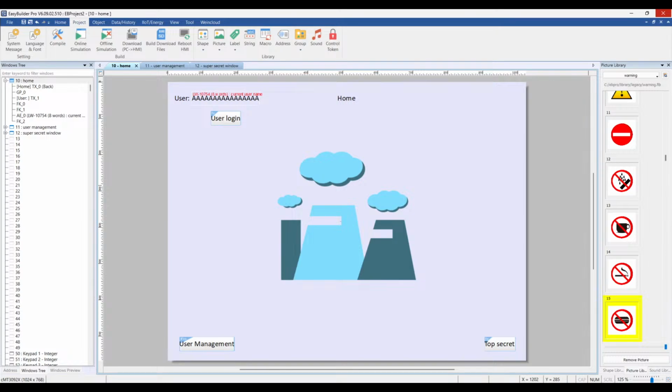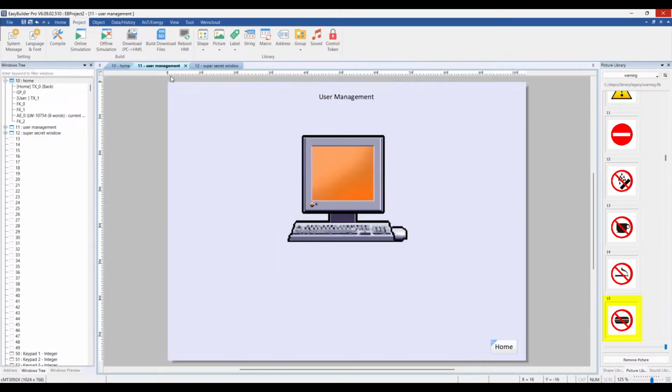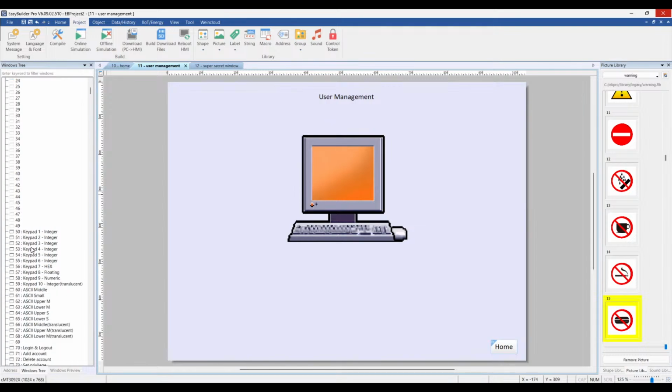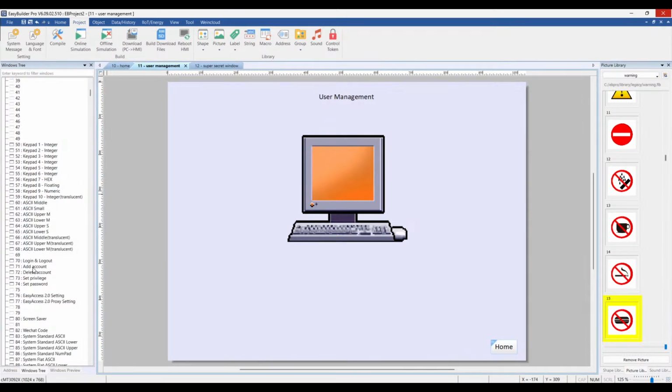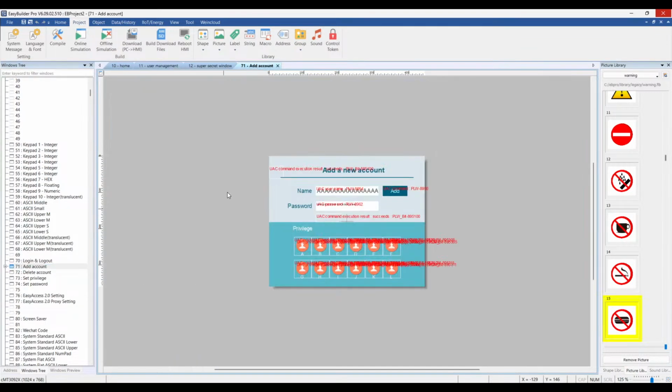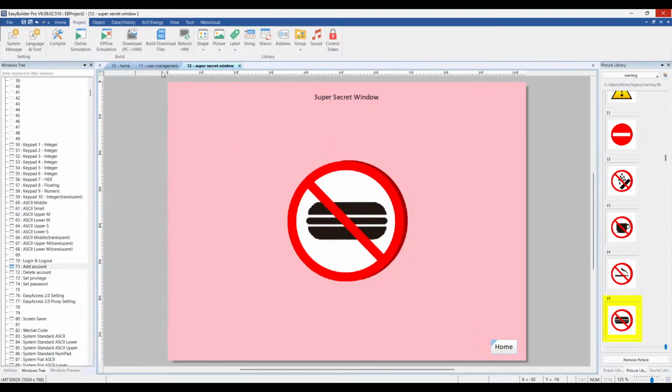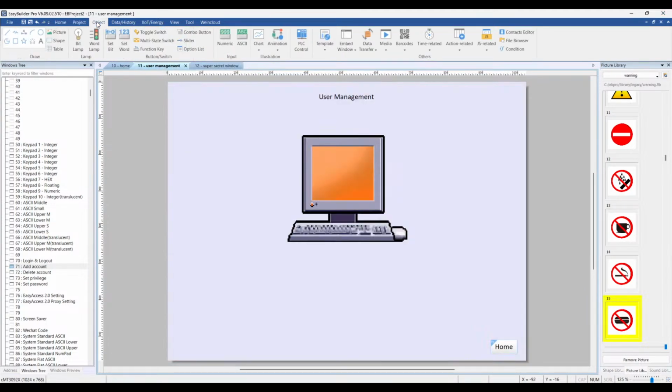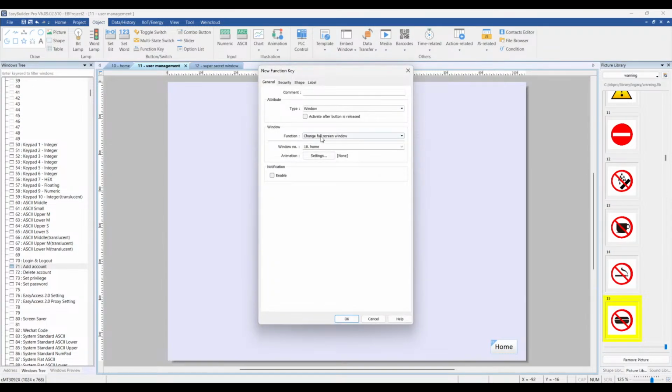Let's head to our user management window, and let's use one of our UAC pre-made windows to add a user account and assign them class permissions. So to do that, I do our object tab, I'll select a function key, and this one will